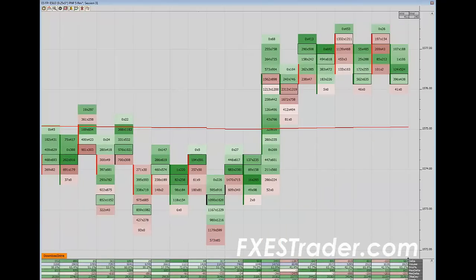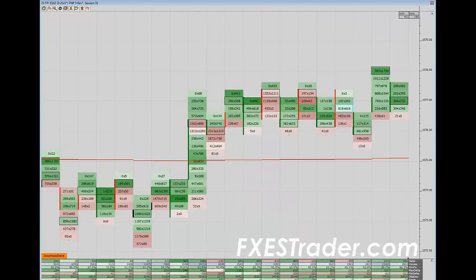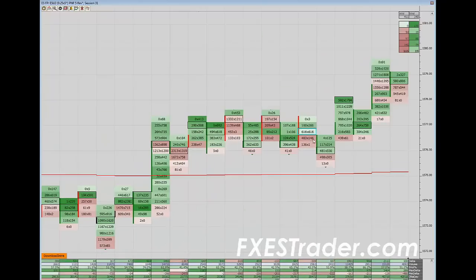Notice every time, as soon as we zipped up through this area, the black boxes that show the volume nodes in each one of these candles and each one of these individual footprint volumes, every time we came back down to test the area, there was really no selling taking place, and we just continued to bounce back up with a little bit of light volume on the bid. Okay, so spent a fair amount of time balancing in here, especially as far as a shorter term scalp type